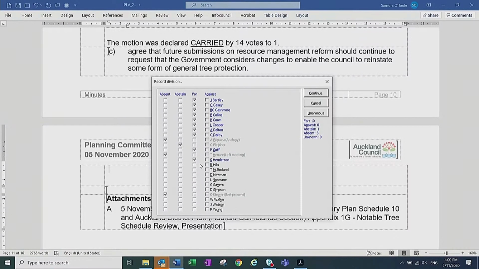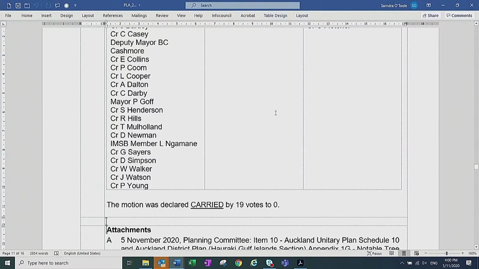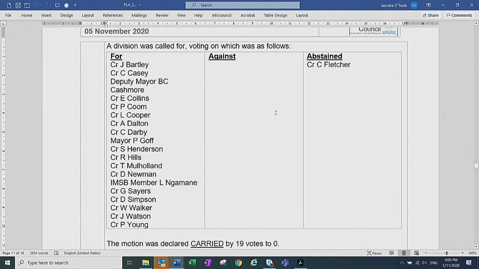Councillor Hills. Aye. Councillor Mulholland. For. Councillor Newman. Yes. Member Namane. Aye. Councillor Sayers. For. Councillor Simpson. Councillor Walker. Yes. Councillor Watson. Councillor Young. It's carried 19 votes to 0. Thank you. One abstention. Thanks, members.